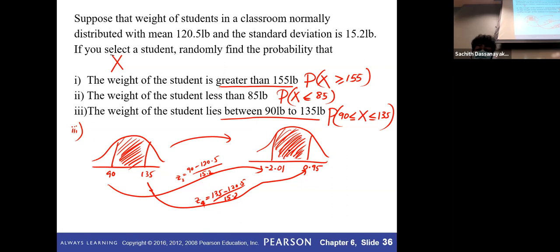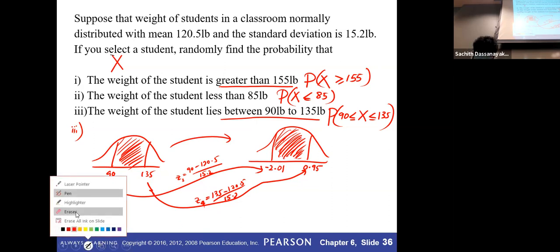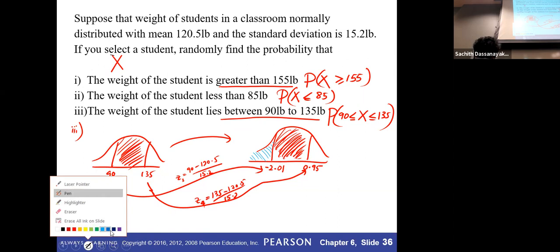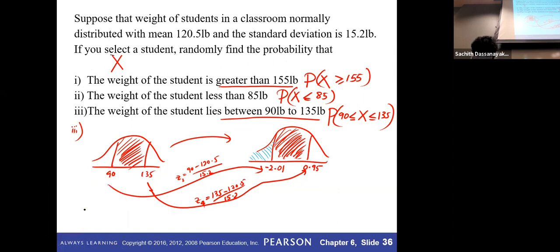So first you have to find the area. Let me color using another color. First you have to find this area, using table number 1 because it is a negative value. Okay, next find this area. Let's use yellow. Next you have to find this area using the second table and get the difference, right? So the difference gives you this much, right?